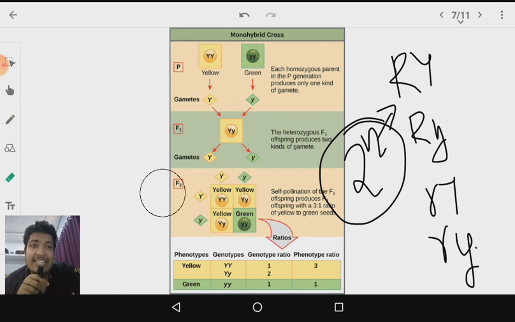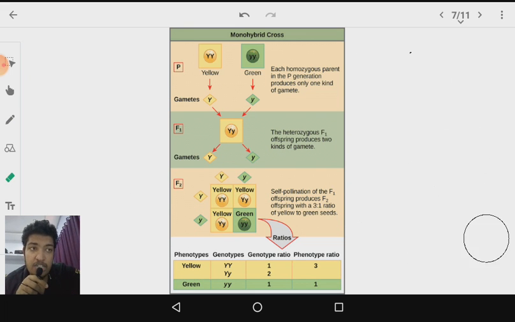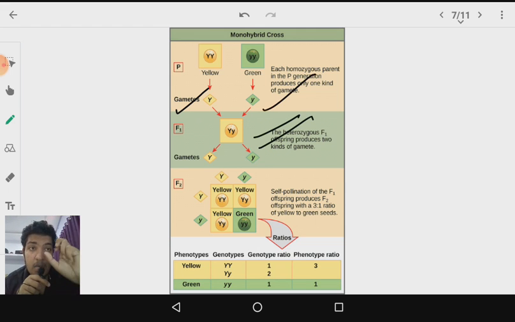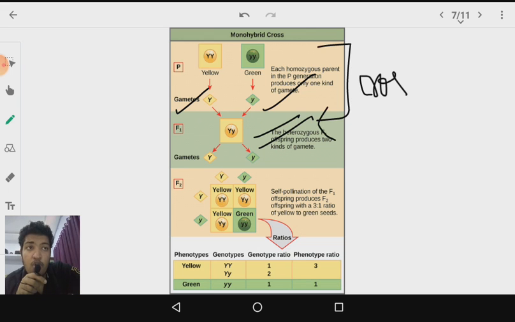So here, since it is capital Y, capital Y, there is no heterozygote, so only one type of gamete can be produced, that is capital Y. Here it is small y, small y, so it is going to produce only one type of gamete, that is small y. Now these two gametes upon fertilization result in the formation of a diploid cell again, and that is going to be capital Y, small y. Now this capital Y, small y is going to be the first generation that is produced by the crossing of the parental generation, and for the formation of the first filial generation, we have to carry out cross pollination of